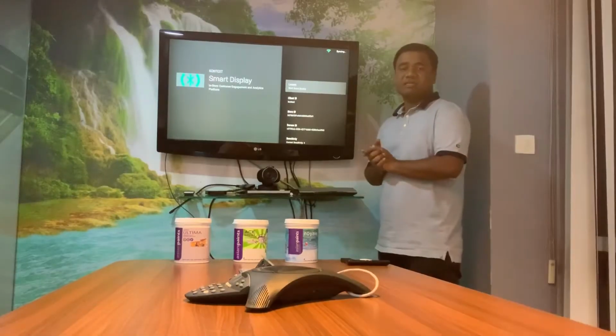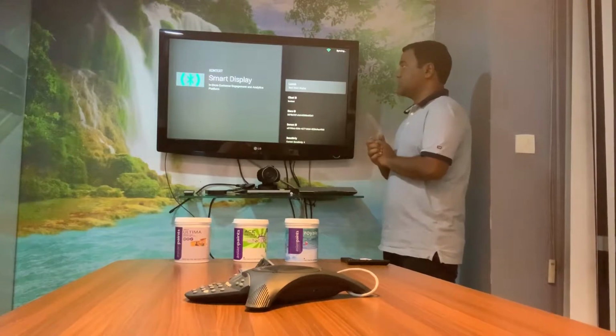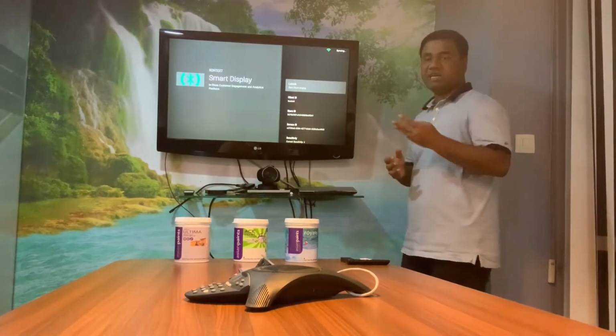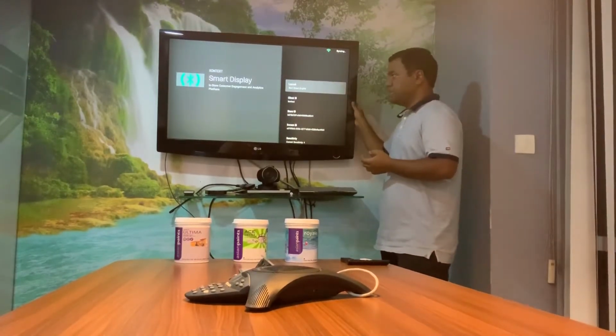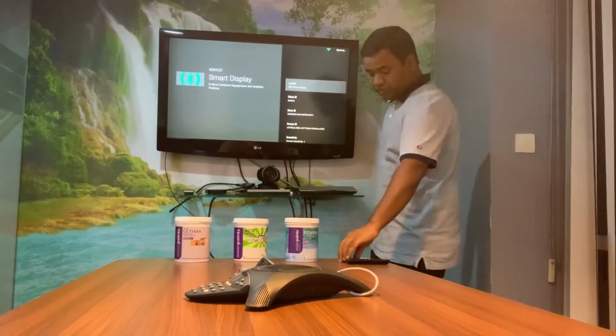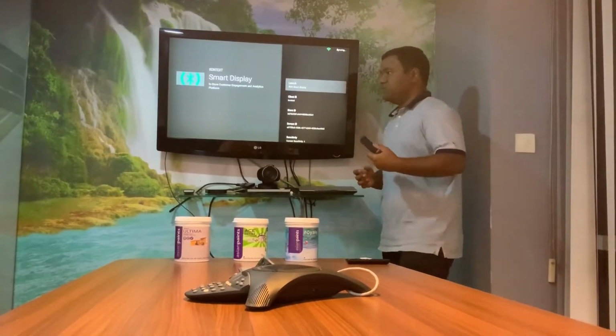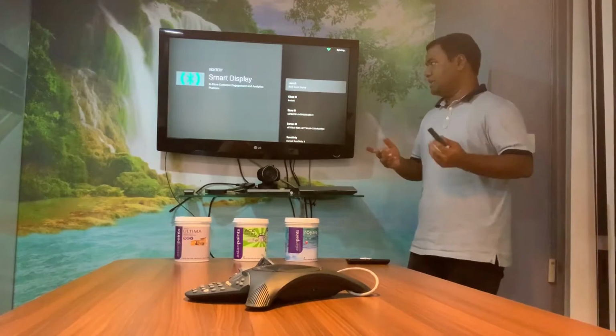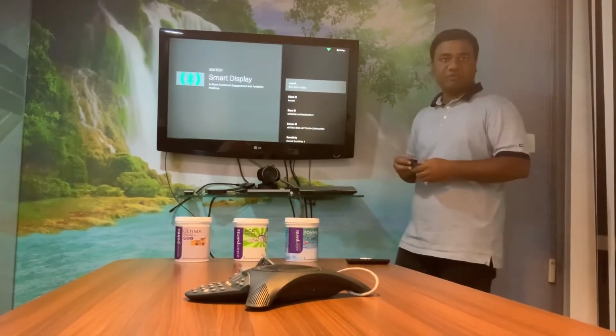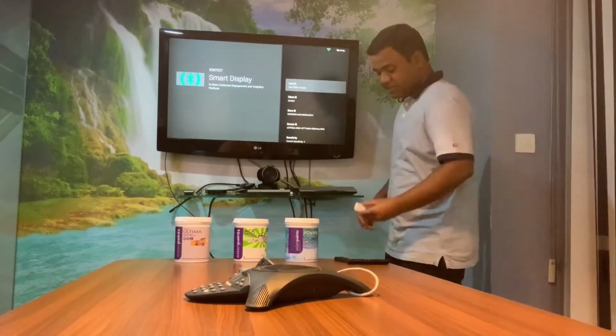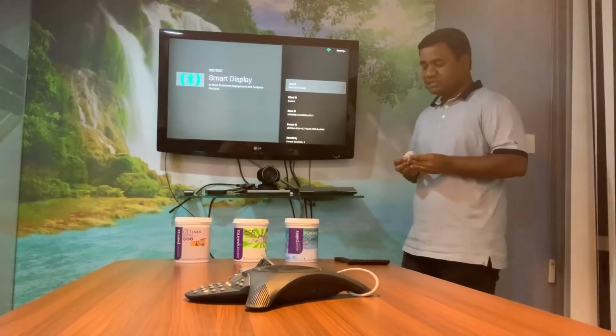Hey guys, so this is a demo of our product Kontext Smart Display. As you can see, it comprises three elements. One is the monitor with HDMI input into it. Second, we provide our clients with an Amazon Fire TV stick, which is pre-configured, but they are open to use any Android support box. Third, we provide them with these tags, which are designed by Kontext, which are used to tag